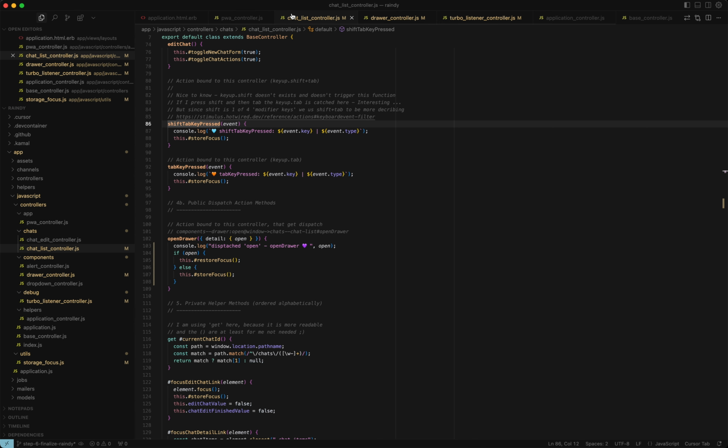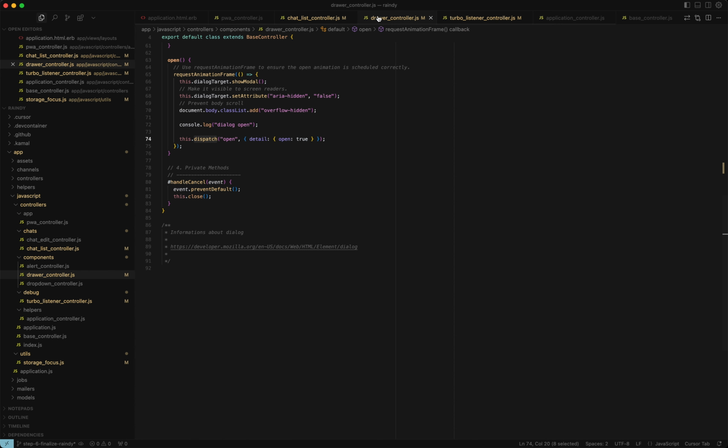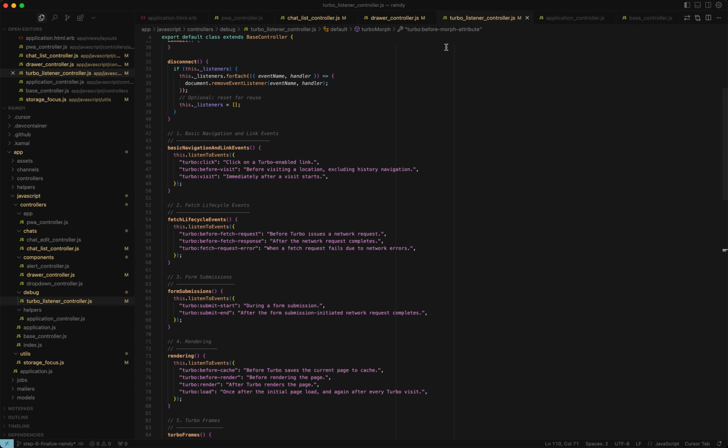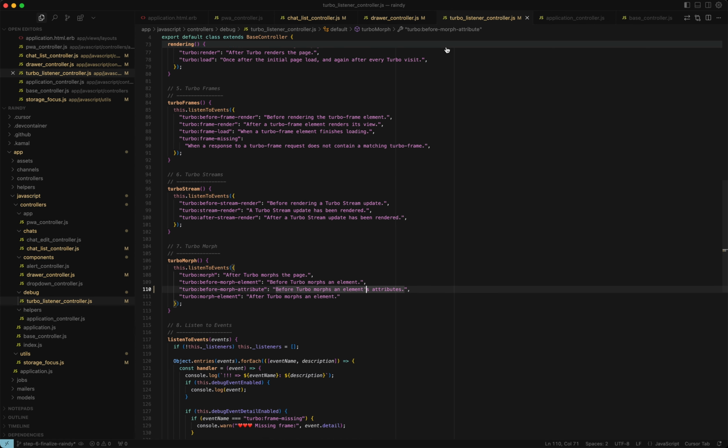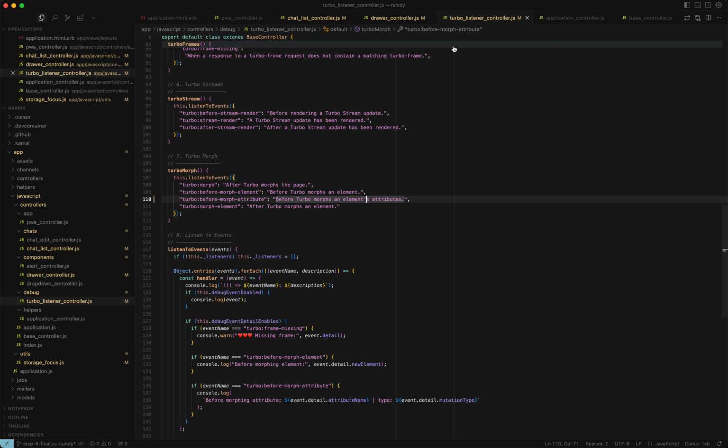Since we're talking about JavaScript, let's explore that side of things a bit more. We have chat-related controllers, like the Chats List controller, which we'll look at in more detail later when we get to keyboard navigation and event dispatching. Then we have components like the drawer, which communicates with the Chats List controller. The Turbo Listener controller helps me debug all kinds of events. It's too detailed to go into right now, but there's a corresponding div with a data controller in